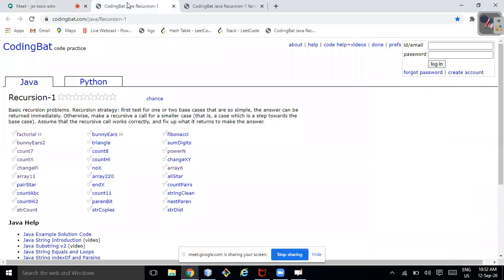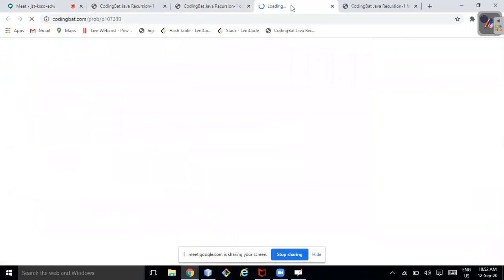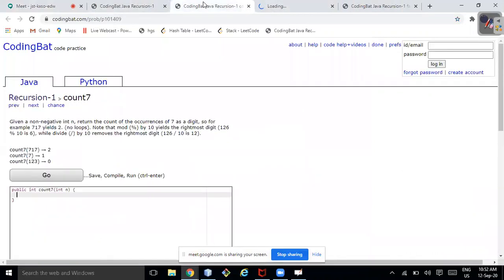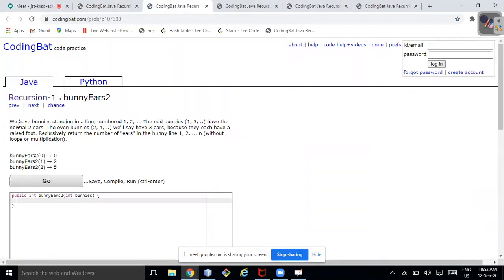Okay. So if that is very okay, so what you can do, this is one more problem. Bunny. The problem says we have bunnies standing in a line numbered 1, 2.